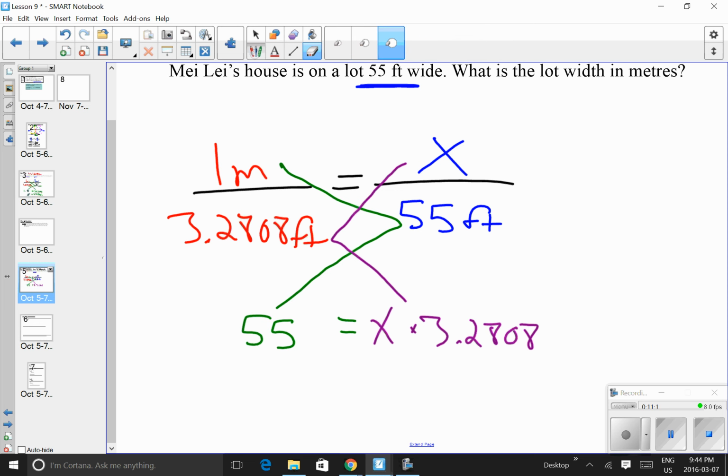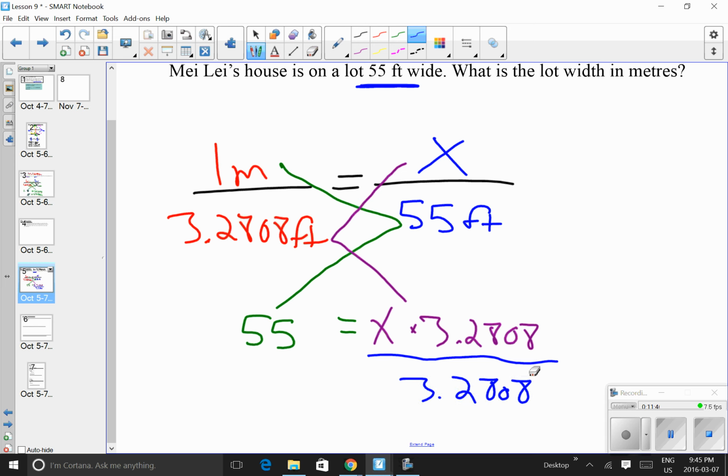Now my problem is I don't have x by itself. I need to get x by itself. That's what I want. So I need to get rid of this. I need to undo this multiplying by 3.2808. So I need to do the opposite of multiplying. The opposite of multiplying, or the inverse of multiplying, is dividing. What are you going to divide by? Whatever that number is that you're trying to get rid of, whatever is cluttering up the x or the variable. So I'm going to divide by